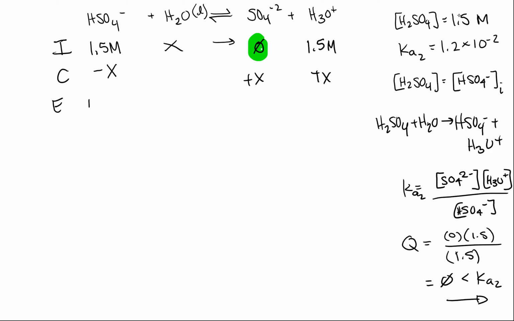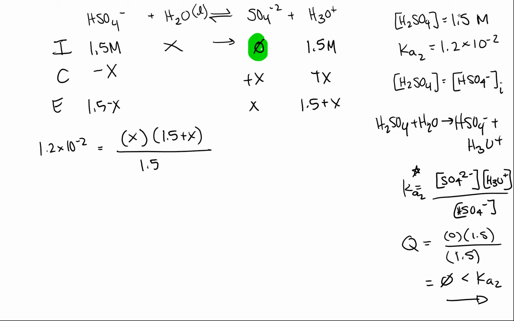And my equilibrium concentrations will look like 1.5 minus X, X, and 1.5 plus X. So I'm going to plug these into my Ka2 expression right here. So my Ka is equal to 1.2 times 10 to the negative 2. And I'll have X for my SO4 2 minus, 1.5 plus X for my H3O plus,